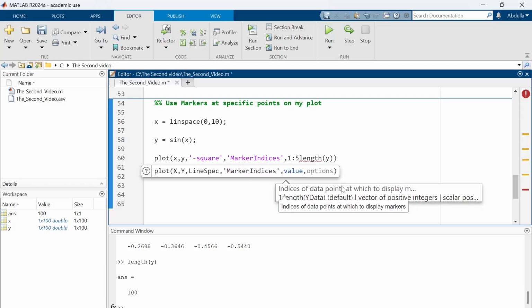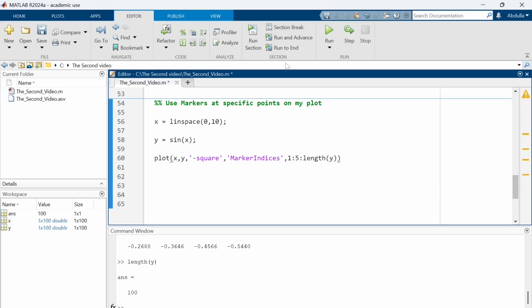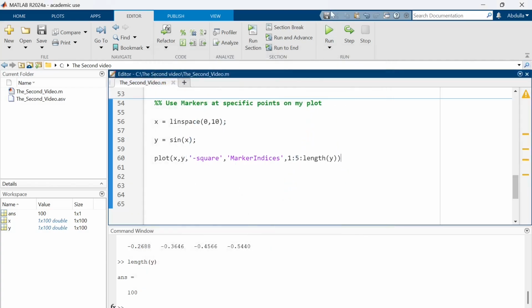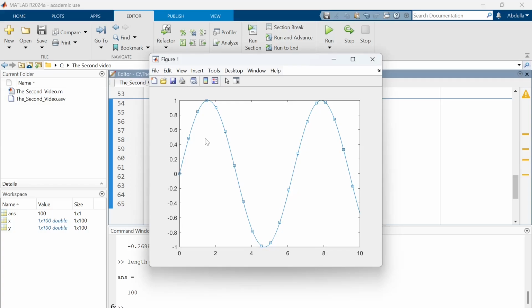I can write 1 to 5 and it's going to give me a totally different answer. Here we go. So it's now way fewer, but it increased the importance. Right now I can say the maximum has a square, the minimum has a square, and what's 1 to 5? It's 1 to 5, but here if we realize